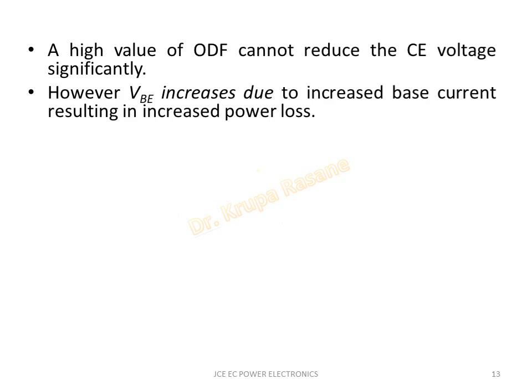However, VBE at the input increases due to increased base current. Since I am giving IB greater than IBS, the base emitter voltage is going to increase, and that will increase the power loss. So there is a disadvantage in trying to increase the base current beyond IBS, but at the same time we have this advantage: make IB slightly greater than IBS, hence contributing to the overdrive factor that will ensure the transistor will remain in the on state.